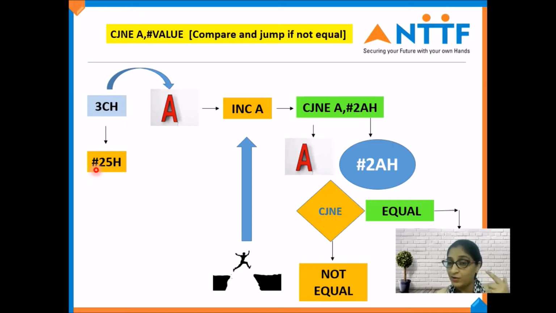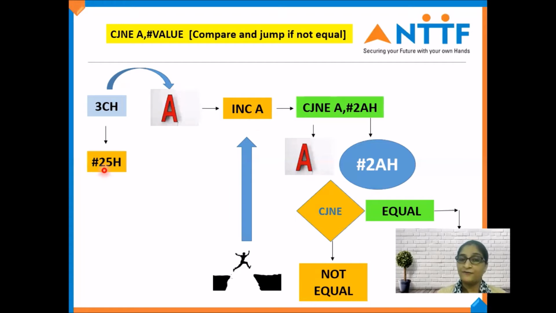So we have to increment the value present in 3CH location. Now just try to remember what was the instruction for the increment process, because already we have used this. So the instruction is INC A. It means the input has to be in the accumulator. Then only we can increment that, right? So this RAM location value should move to the accumulator. So we have to move the data present in 3CH to the accumulator. Now data is present in the accumulator, and now easily we can use the increment instruction. So we are using INC A.